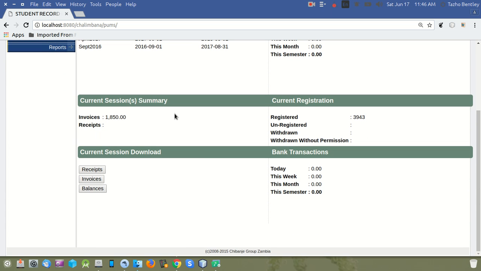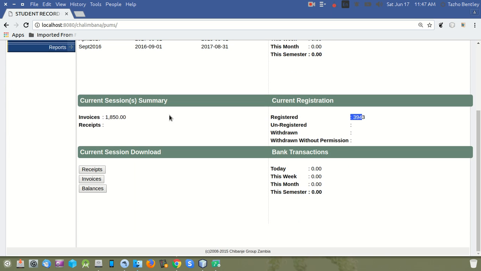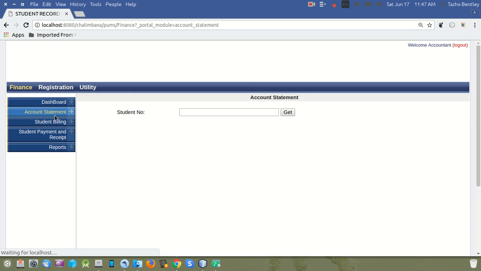So what are the current sessions? The current sessions of the registered students is this total, and this is how much I've withdrawn. So basically the dashboard just gives you the overall overview of how the institution is faring, financially and of course registration wise. Then the account statement